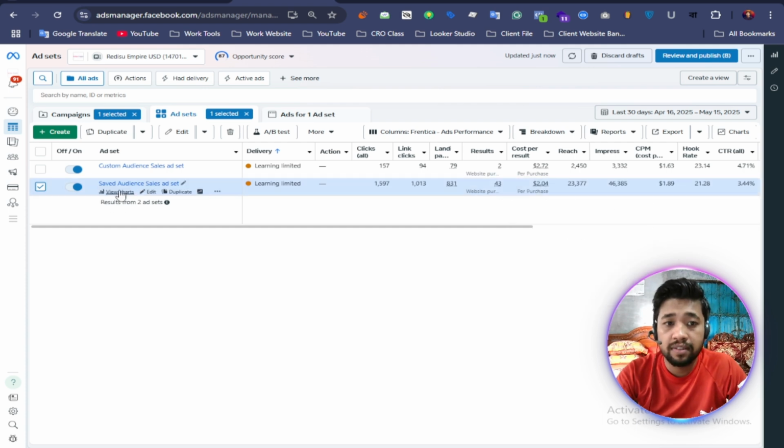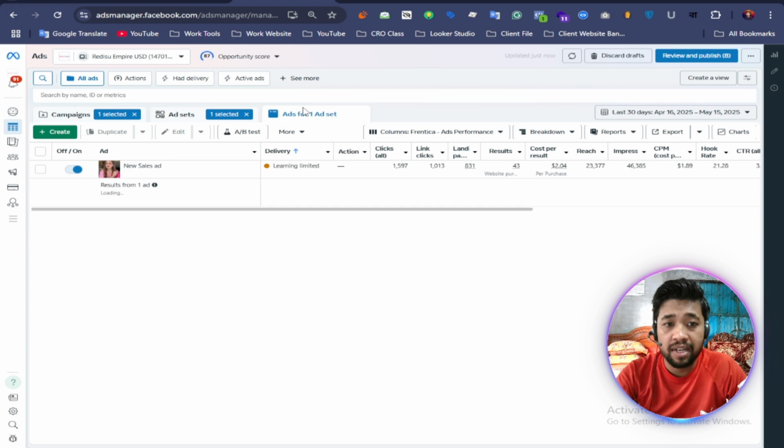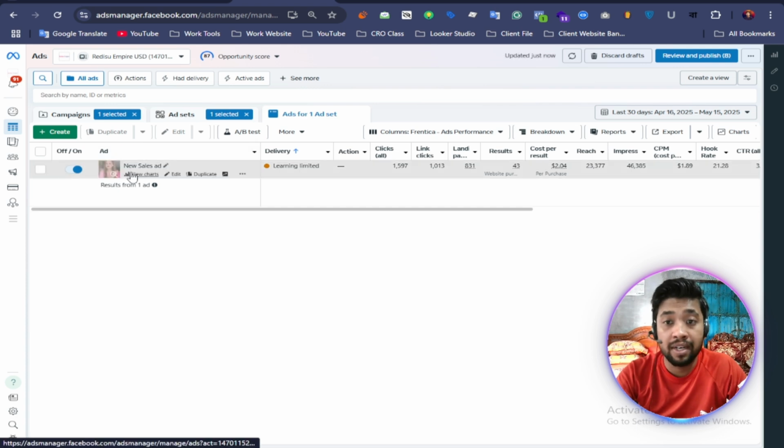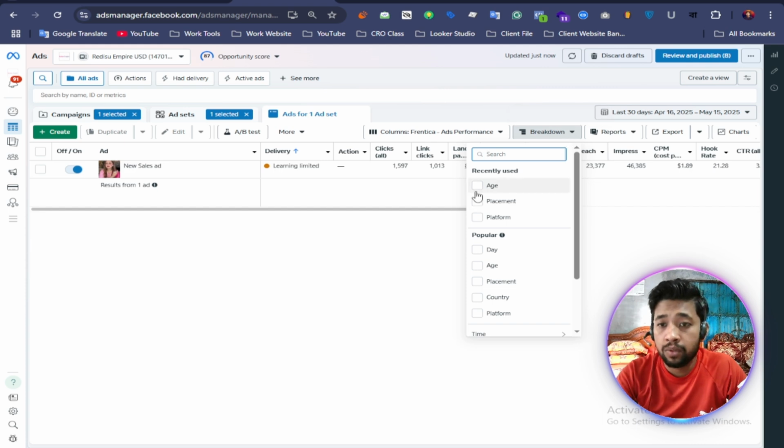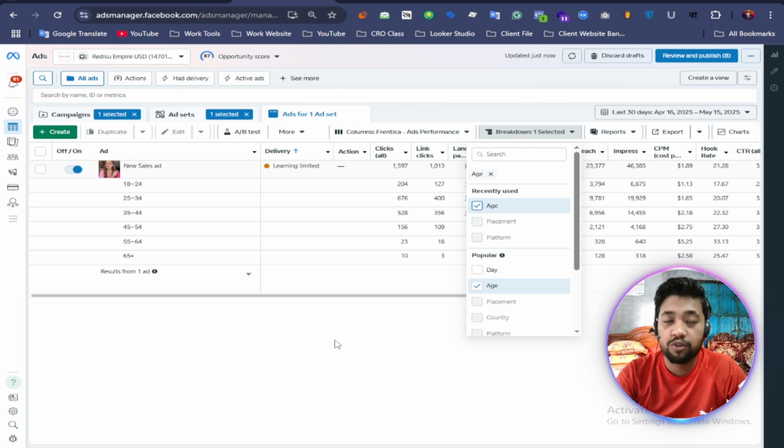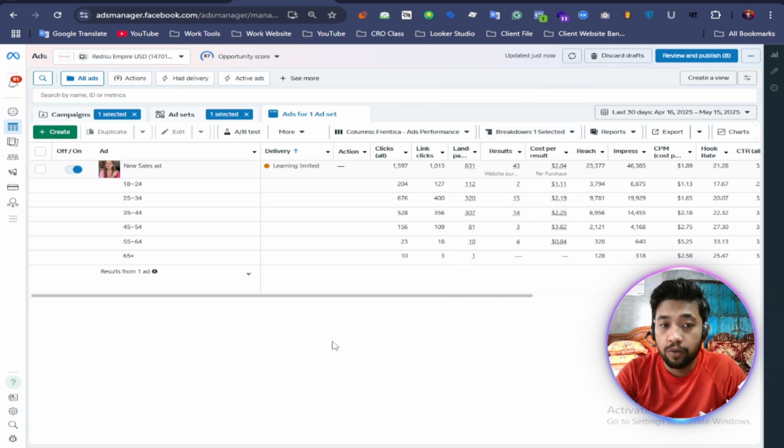We go to the ad section and see one ad here. We click the breakdown, and first we look at age: what age group mostly purchases this product. Our 18 to 24 age group purchased only seven products, and the best-selling age group is 25 to 44.